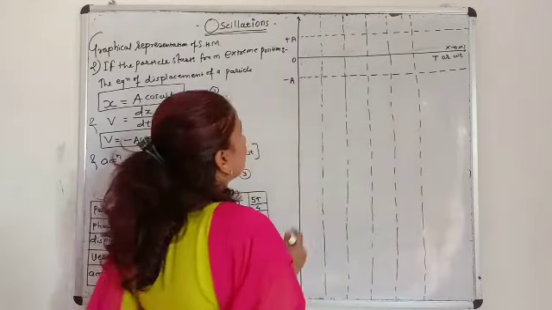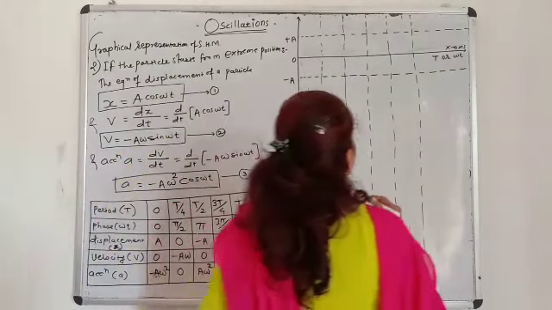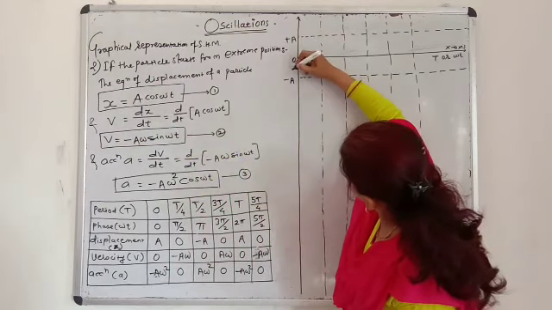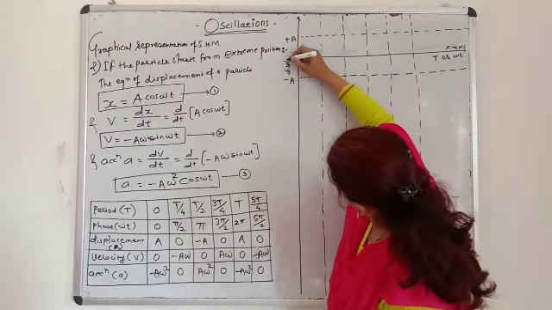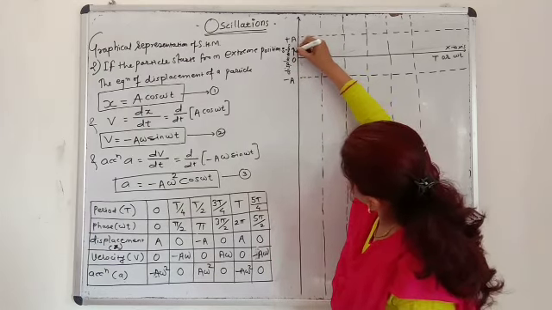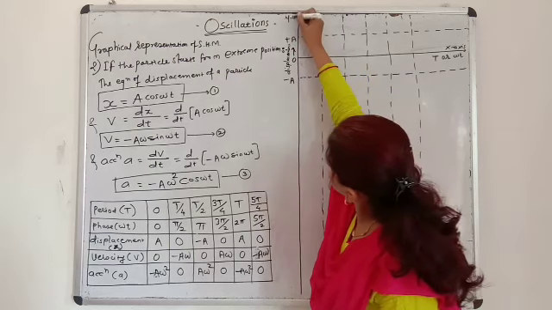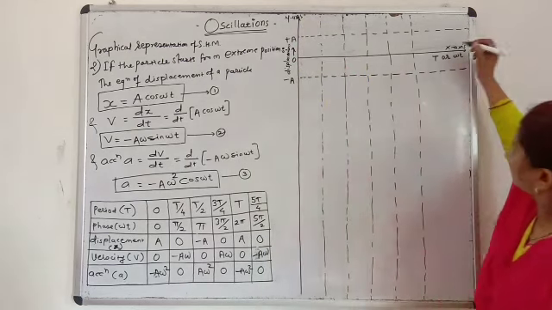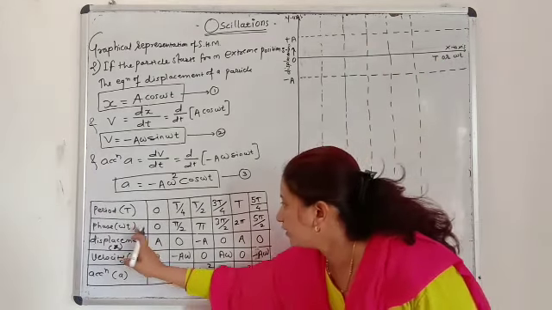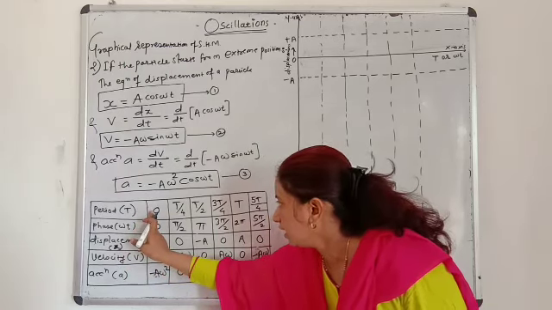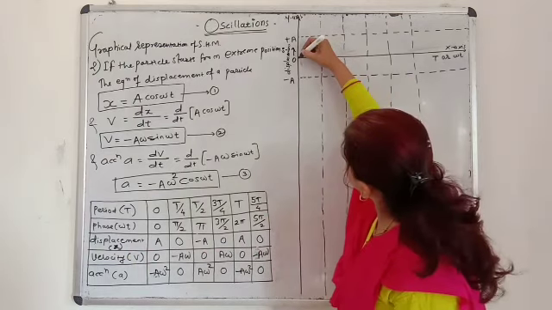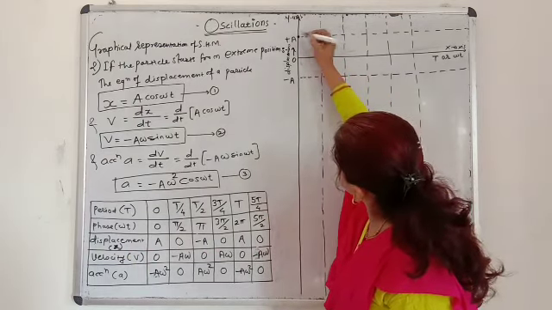Okay. Now we have to plot the graph between displacement. So we take displacement along the y-axis, this is the y-axis, and along the x-axis there is periodic time or omega t. So first, when the phase or period t is 0, the displacement is plus a. So the first point is here, plus a.